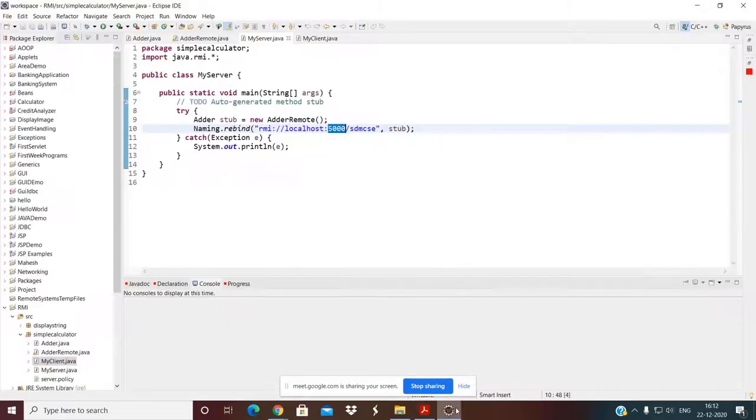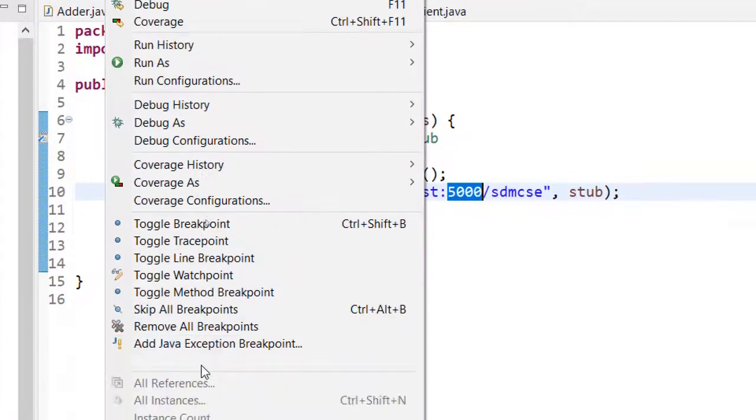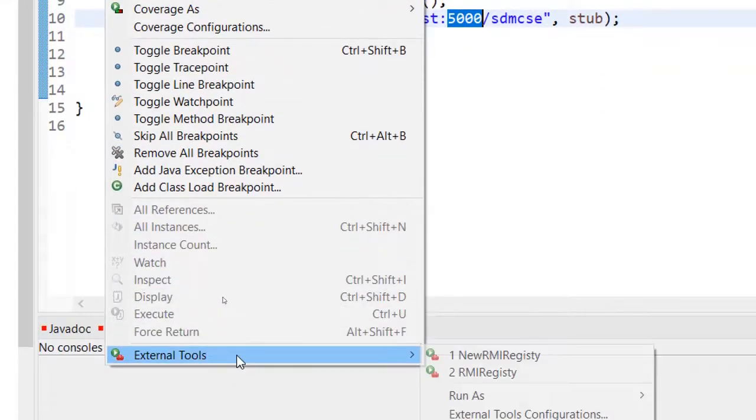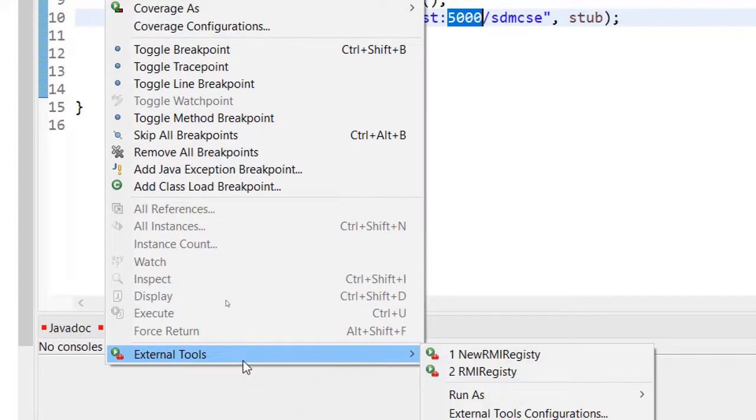You might be asking what the purpose of external tools is. External tools can be used to run external applications, like the RMI registry, which is actually an external application, but RMI applications cannot run without the RMI registry. To run such external applications, we use external tools.